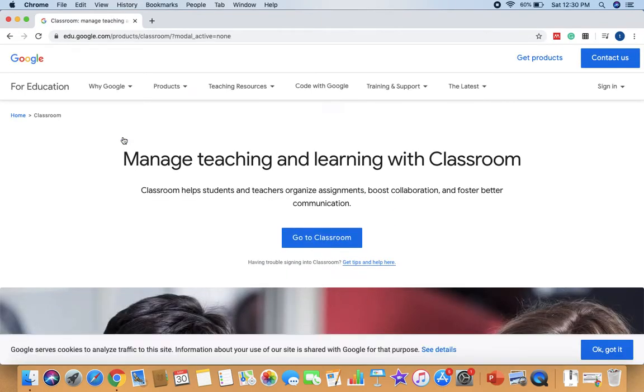Google Classroom is an LMS, that is a learning management system, where teachers can take class and students can join their class. But remember, Google Classroom can be used only if you have a free G Suite account, which we may get from our college or our school. Whatever it is, we should have a free G Suite for Education account. But individuals can also use it. So we'll see how to start with Classroom.